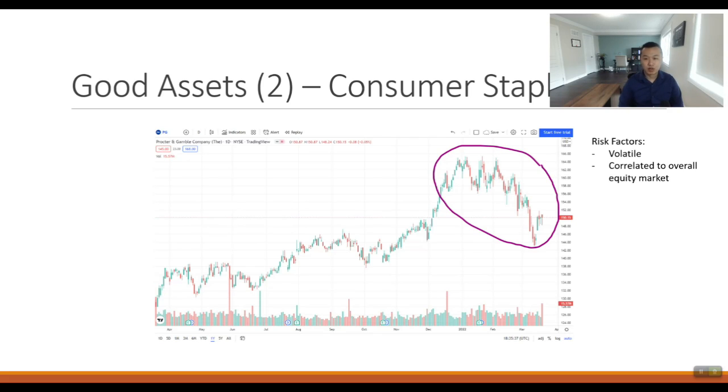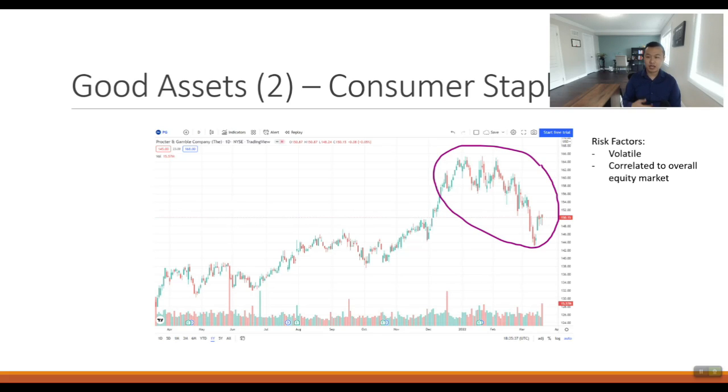And Procter & Gamble is probably one of the most well-known consumer staple producers in the world. However, if you look at their stock ever since 2022, they crashed along with the other public markets like technology stocks. They didn't crash as hard. I think their stock only went down from 164 to 144, so $20, probably by like 14%. By comparison, technology stocks went down by 20 something percent. So it's definitely some degree of protection compared to a lot of more volatile technology stocks.